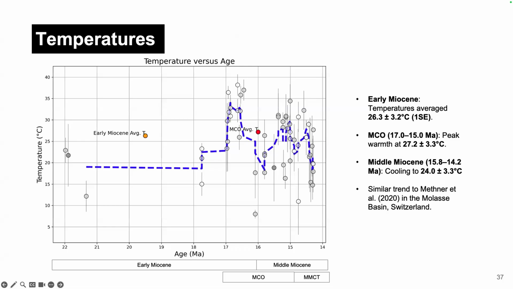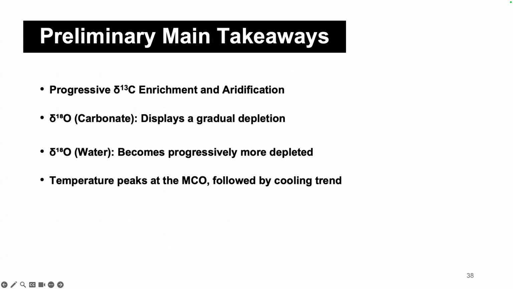For instance, a study by Methner et al. 2020 reported similar trends at 25 degrees north in Switzerland. The key takeaways of this study highlight how climate and tectonic forces shape the Miocene environment in Patagonia. The delta 13C record indicates increasing aridity, likely driven by Andean uplift, which enhanced the rain shadow effect and influenced vegetation shifts toward drier